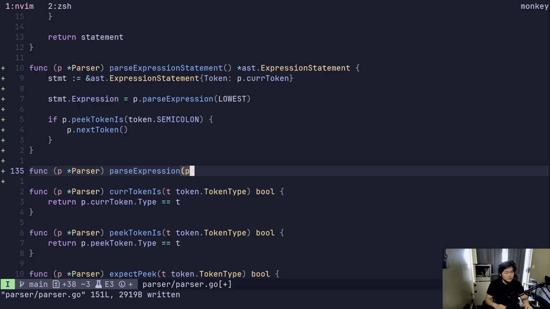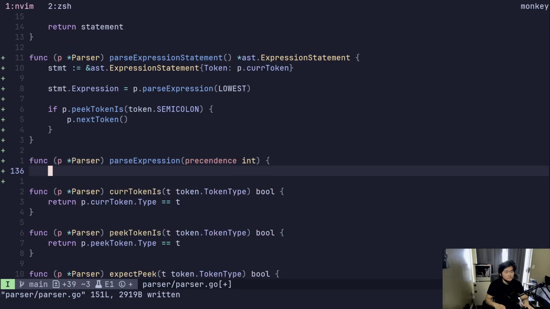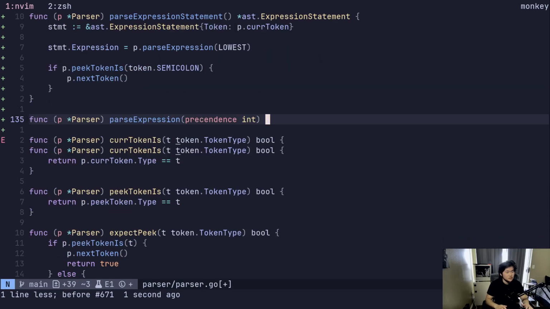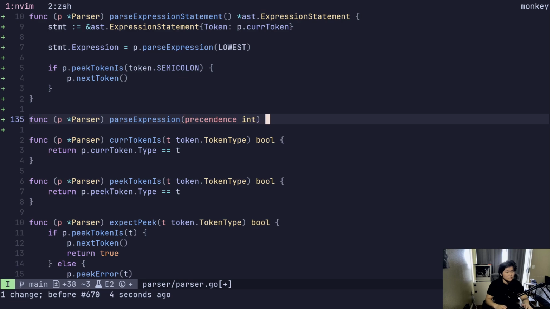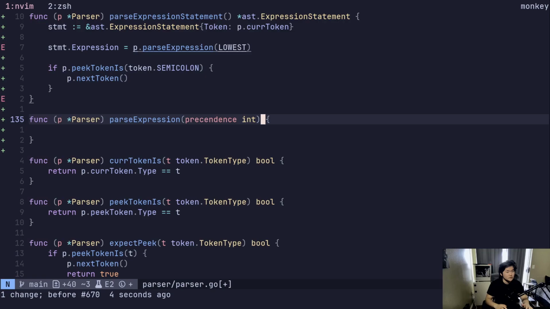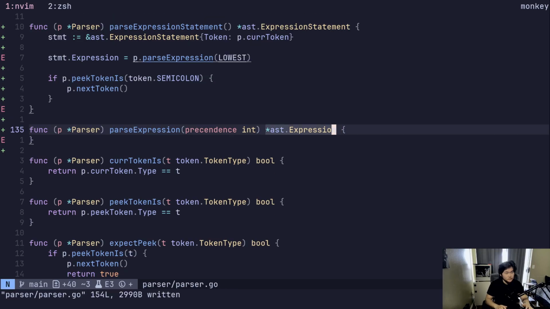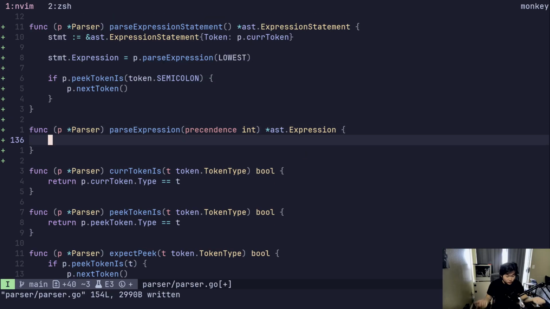Yeah, precedence int, brother, and returns me an AST dot expression, right? And what do I return? So the prefix, right,